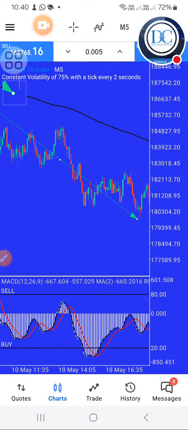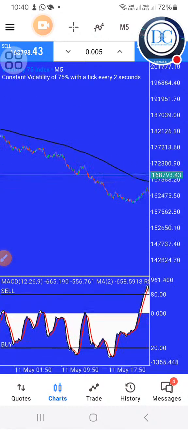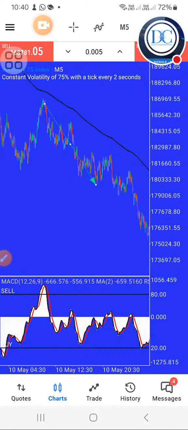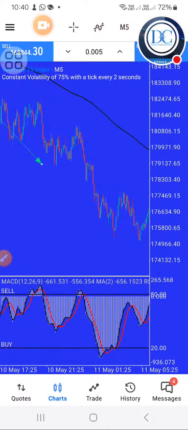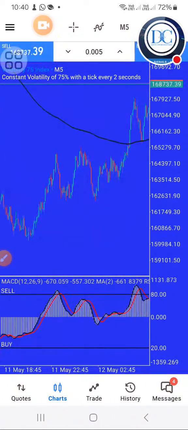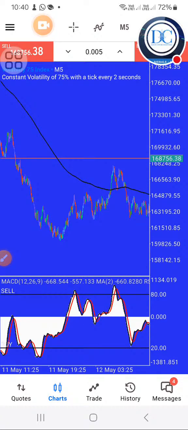You can make use of a trailing stop. You can make use of a what? A trailing stop. You can see price was just moving downwards. So what I would suggest is this: since we are on a 5-minute time frame, maybe this can actually work. You hold the trade as long as price is moving below the 200, then you can exit. You can actually go for days holding that trade as long as price